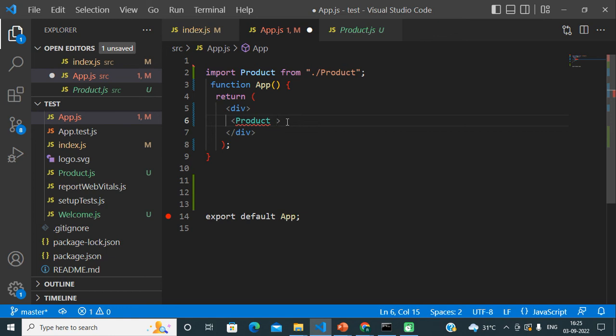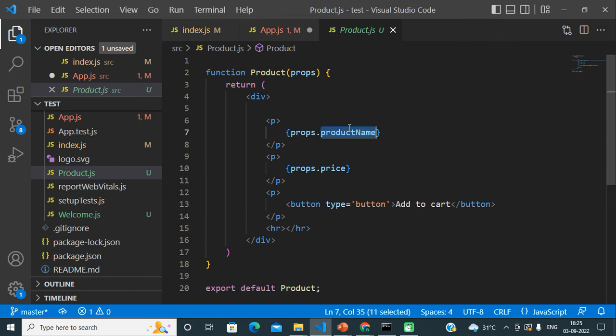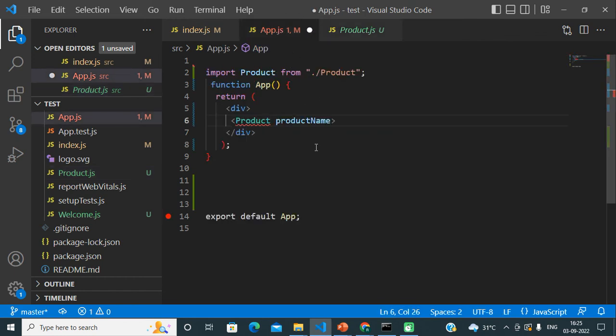So now I am calling it and passing it the data. Product name is equal to, let's say, iPhone Max Pro. And then another piece of data, the price. We can send multiple data items, friends. So now I am sending another value, that is price. Let's say it is 10,000. After this I am getting some error. So what is the error? I got it, I forgot to add it.